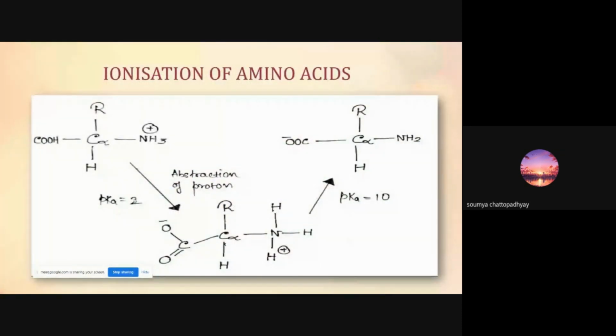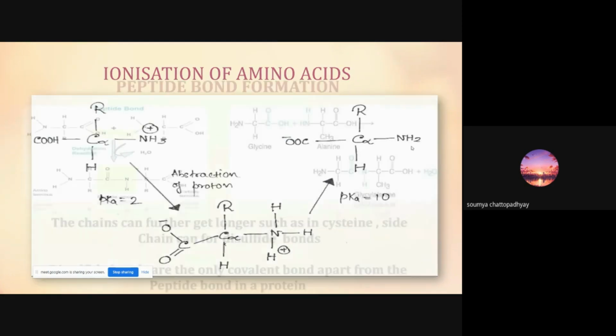Now, ionization of amino acids. That was the part I was talking about in the previous slides too. You have first this kind of structure, but when it is in a solvent where the pH is equal to 2, abstraction of a proton will occur. Like this COOH will lose one of its protons. Now when it's transferred to a medium where the pH is equal to 10, which is more than the physiological pH, even now this NH3 plus will lose its proton. Hence there is an abstraction of protons and it forms this structure. That's how you can ionize an amino acid.